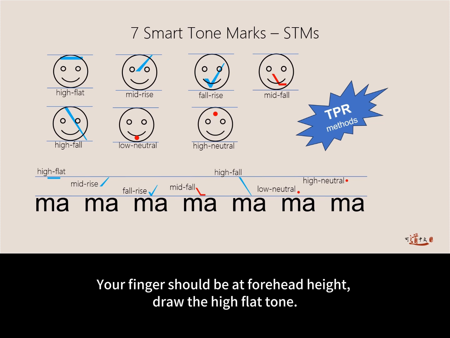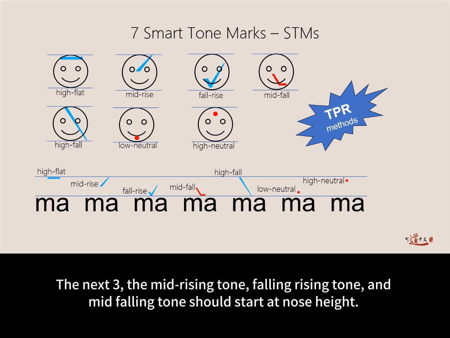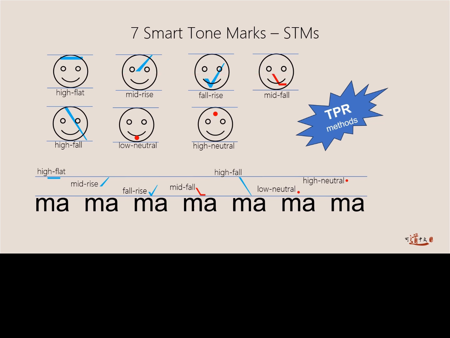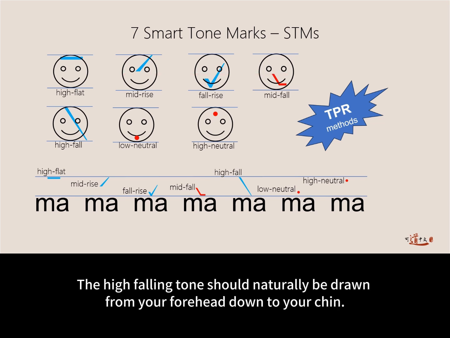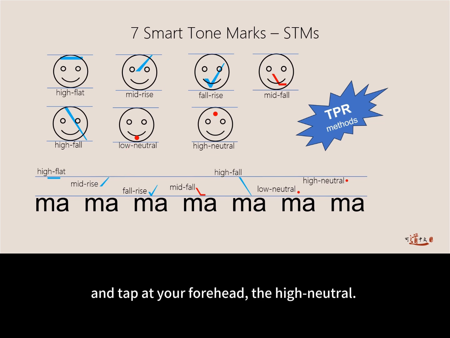The next three, the middle rising tone, falling rising tone, and middle falling tone, should start at nose height. The high falling tone should naturally be drawn from your forehead down to your chin. For the neutral tones, the low neutral, just tap your finger at your mouth and tap at your forehead,